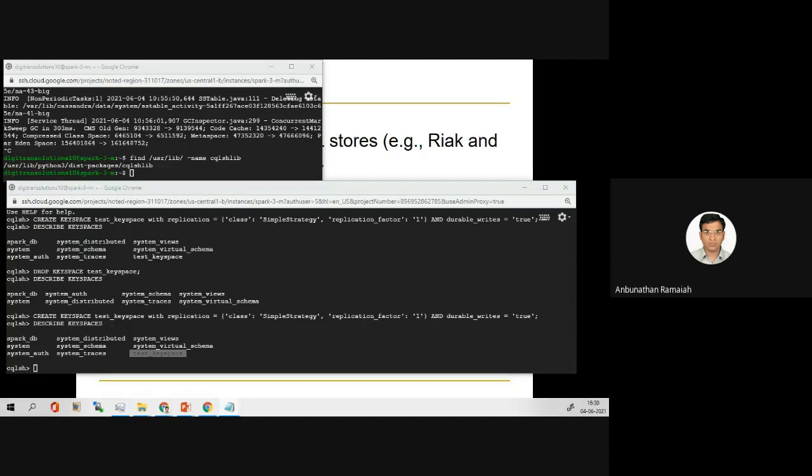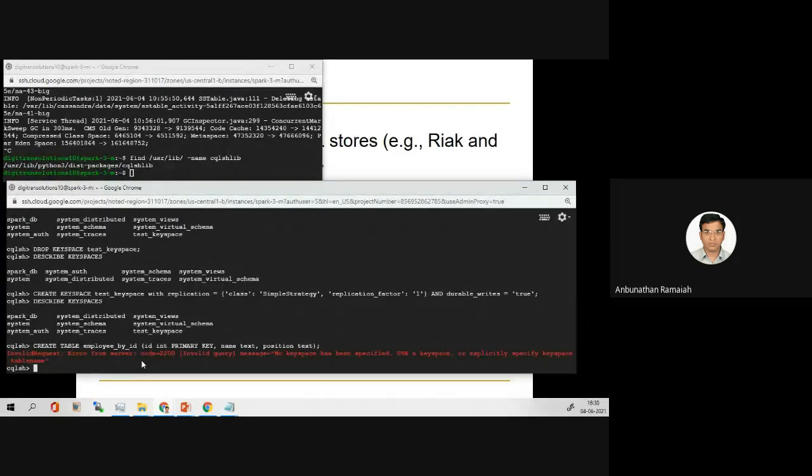Then we are going to create one table now. Create table. Okay, before creating the table, you have to use the keyspace.